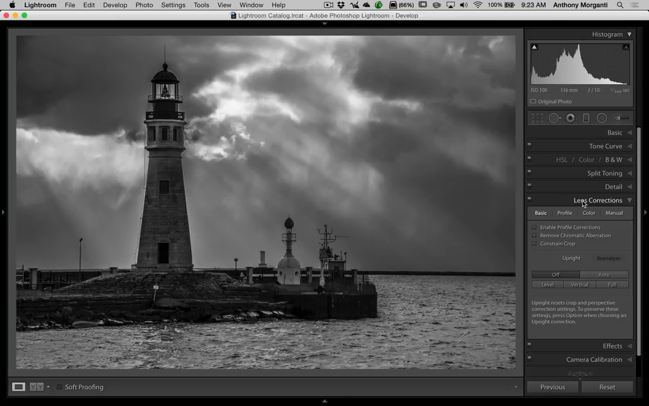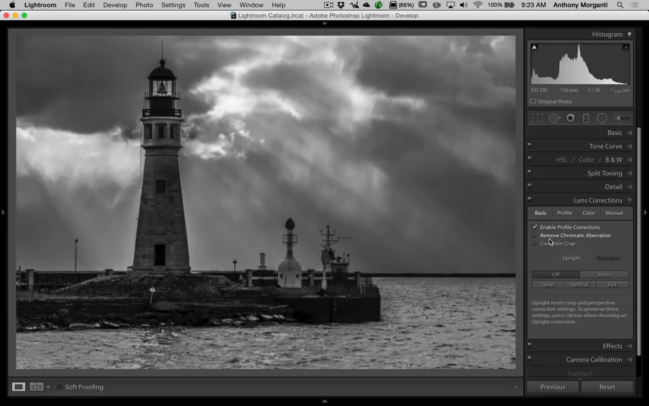You could always pop back up and do minor adjustments if lens correction screwed something up or made something look considerably different. So that's why I do it at the end, and I get a lot of questions from people, why don't you do it right at the beginning? Well, that's why. So basic panel, I'm going to enable profile corrections, as you can see, and it brought out